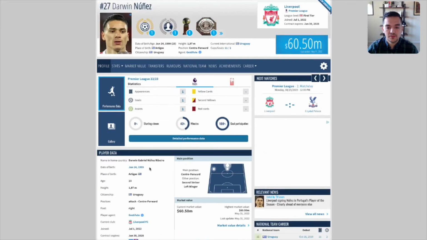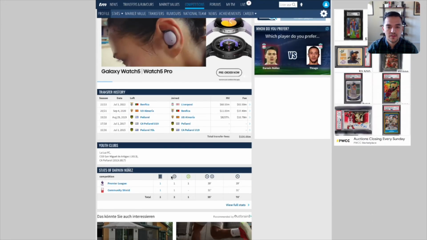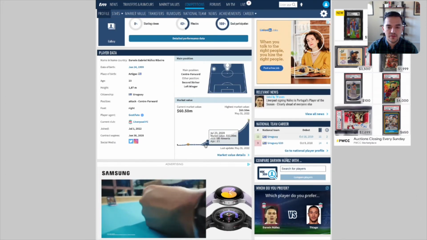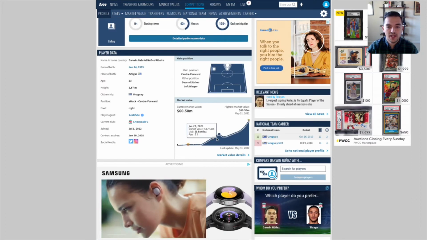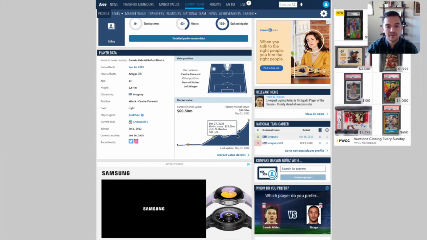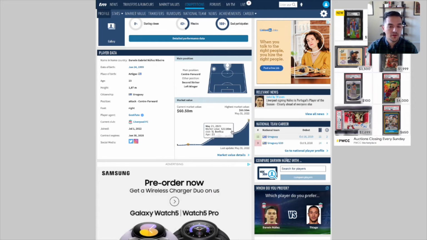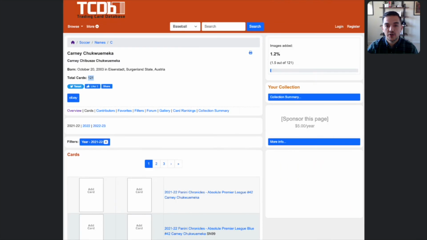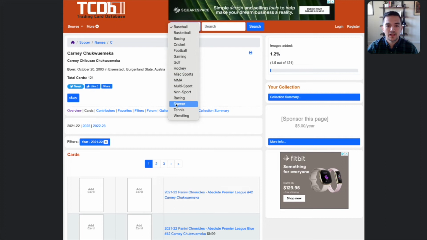If we click on Darwin Nunez, you can see his value has, where'd it go? Market value details. Here we go. So it was hanging out around 27 million, and then he had a great year with Benfica, and then he started getting transfer hype to Liverpool, and then he got transferred to Liverpool, and here we are. Now his market value is at 60. But if you were looking at this around a year ago, you would have seen someone in the Portuguese league valued at around 22 million, and if you looked into his underlying stats, you would see that he was scoring a lot of goals. And so if you went to the trading card database and looked up Darwin Nunez,